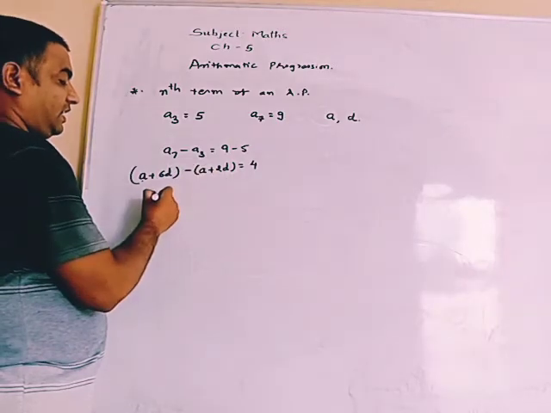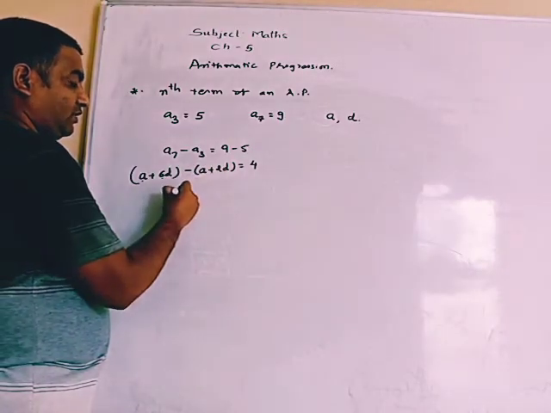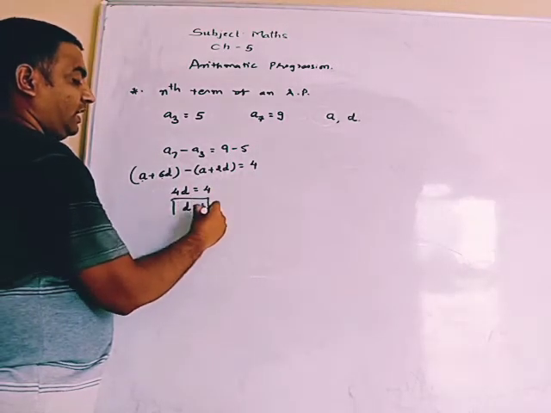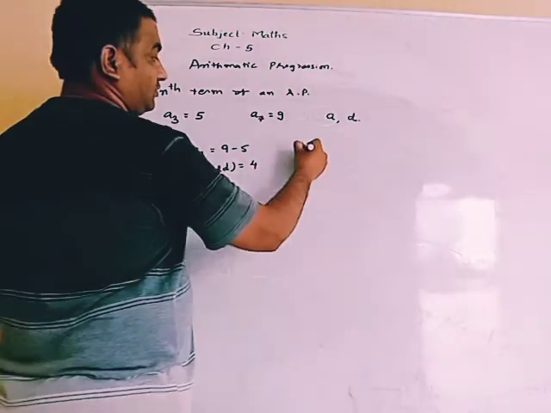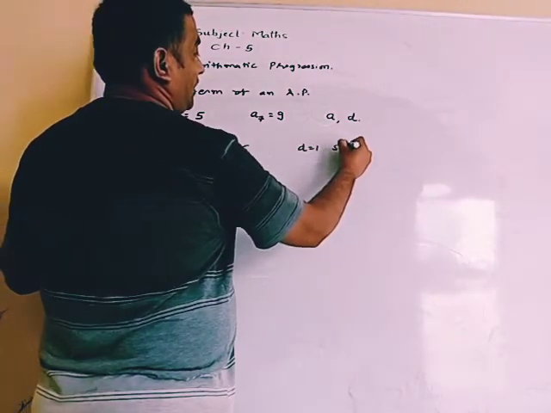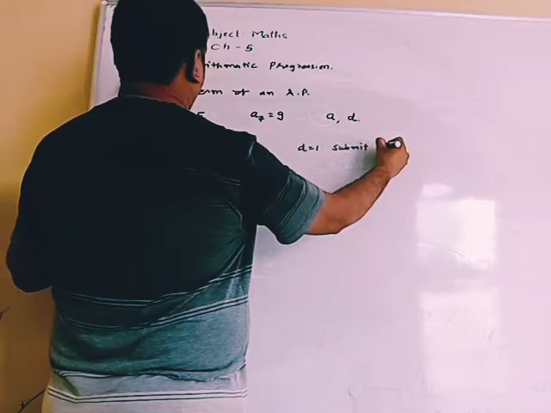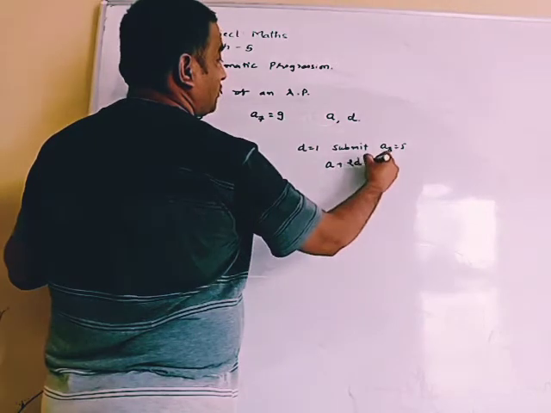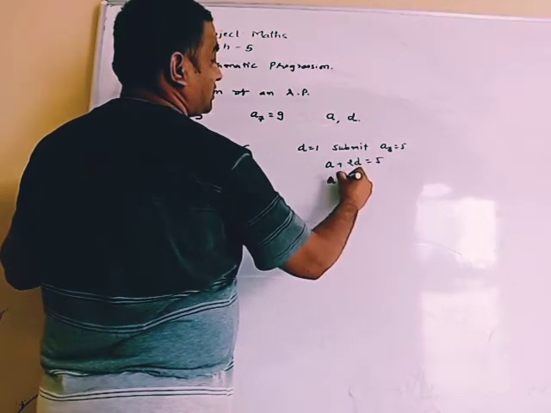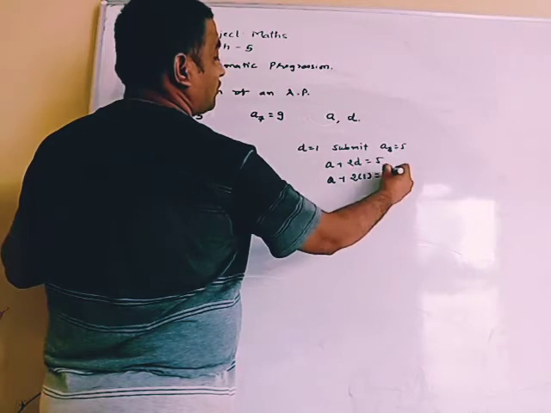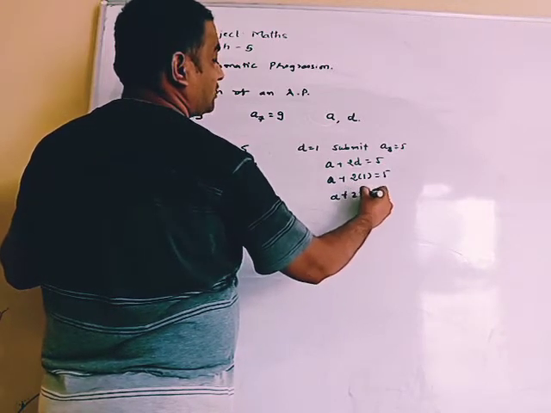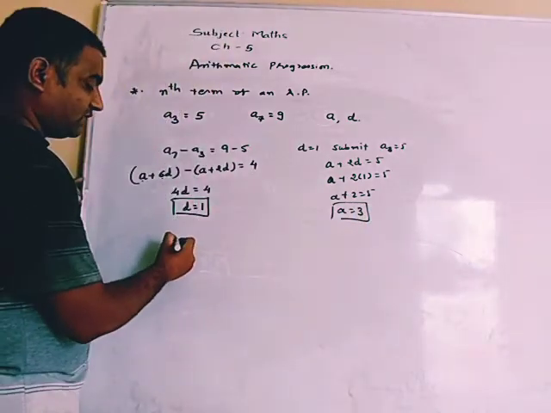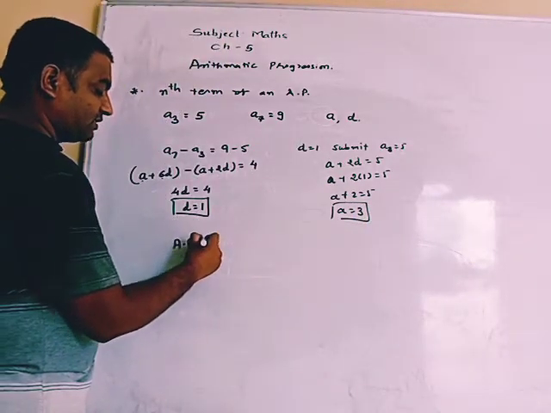So a minus a cancels, and 6d minus 2d is 4d, so 4d equals 4, and d equals 1. Now we substitute. a3 equals 5 means a plus 2d equals 5, so a plus 2 into 1 equals 5, a plus 2 equals 5, so a equals 3. So now the first term is 3 and the difference is 1, and the required AP is 3,